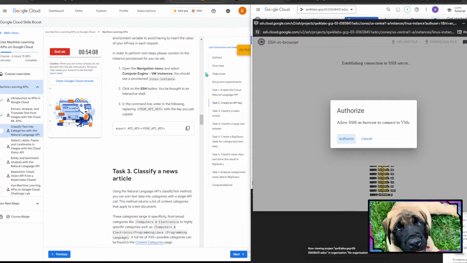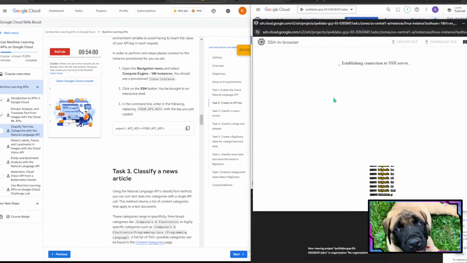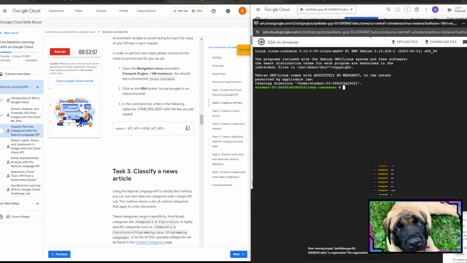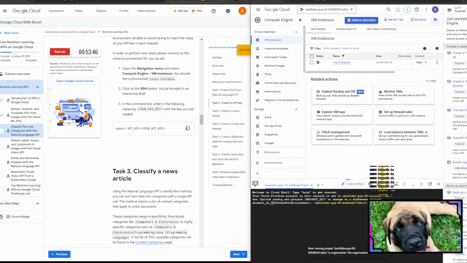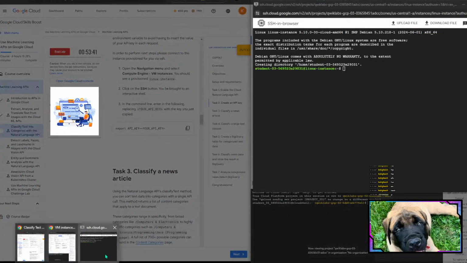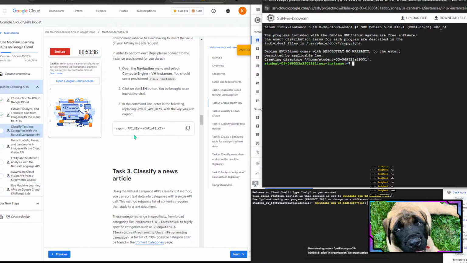You'll be brought to an interactive shell in the command line. Okay, authorize. Okay, some SSH in browser interactive shell appeared. Oh, this is the Linux instance, and here below it's the Cloud Shell instance. So there are two different things. Okay, so as we are on the Linux instance, let's export the API key. Export API key equals